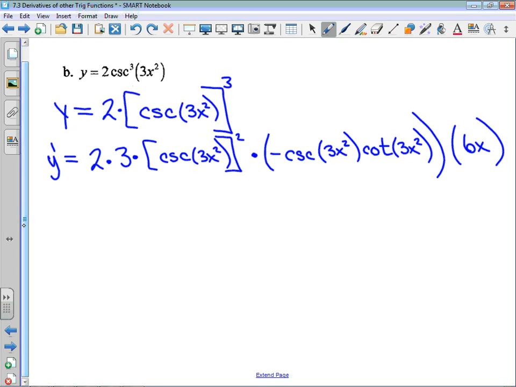So I have 2 times 3 times 6 times x. 2 times 3 is 6. 6 times 6x is 36x. What I have is the cosecant of 3x squared, squared, and then the negative cosecant of 3x squared. So I'm going to put the negative in front of my 36, and then I'm going to have the cosecant cubed of 3x squared. And finally, I'm going to have that cotangent of 3x squared included as well. And that is a very ugly looking derivative, but applying the chain rule basically twice in this situation yields that result. Okay, one more, and then I'm going to make a part 2